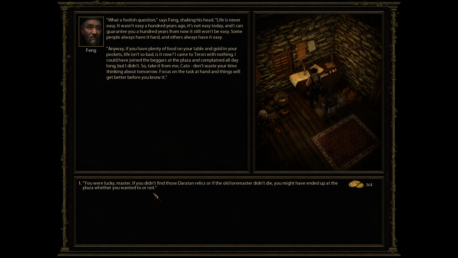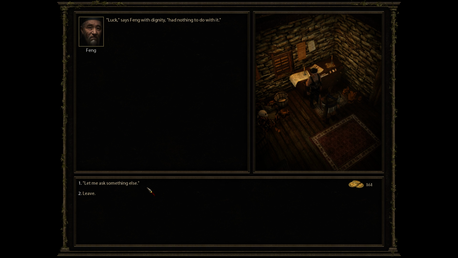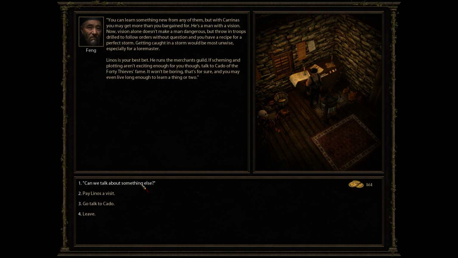Well, you were lucky, Master. If you didn't find those Daratan relics, or if the old Loremaster didn't die, you might have ended up at the plaza whether you wanted to or not. Luck, says Fang with dignity, had nothing to do with it. Anyway, do you have anything else for me to do? Ah, the impatience of youth. Good planning takes time and thought. If I'm too slow for you, you're more than welcome to find yourself another master. I can only teach you so much, and you need all the help you can get. So which guild would you suggest? You can learn something new from any of them, but with Carinas...